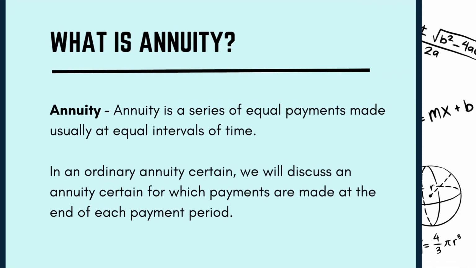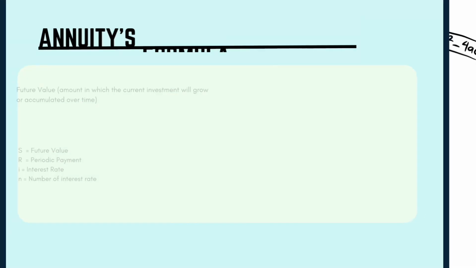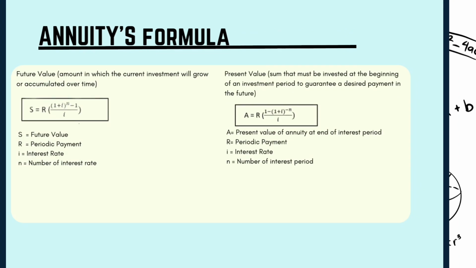What is annuity? Annuity is a series of equal payments made usually at equal intervals of time. In ordinary annuity certain, we will discuss an annuity certain for which payments are made at the end of each payment period. Annuity has two formulas, which are future value and present value. Future value is the amount to which the current investment will grow or accumulate over time. The formula of future value is S equals R bracket 1 plus I bracket power of N minus 1 over I